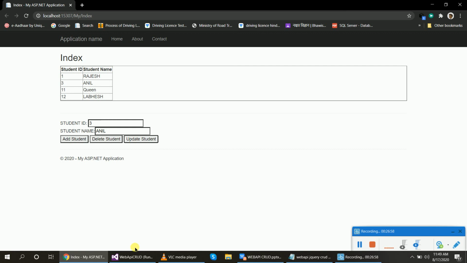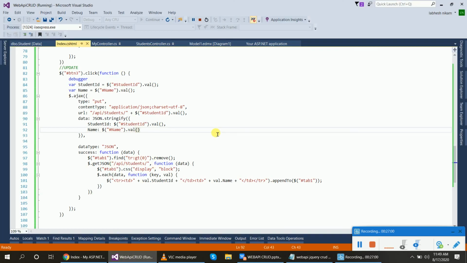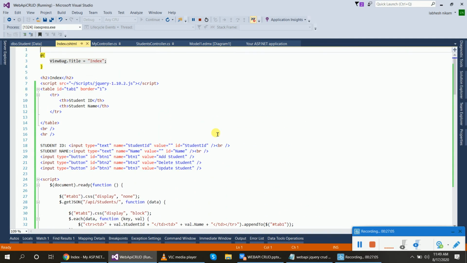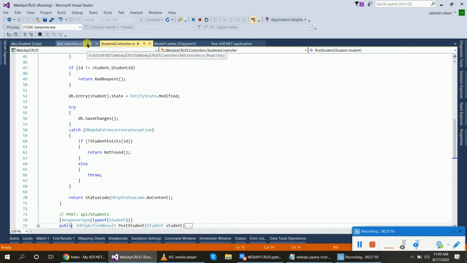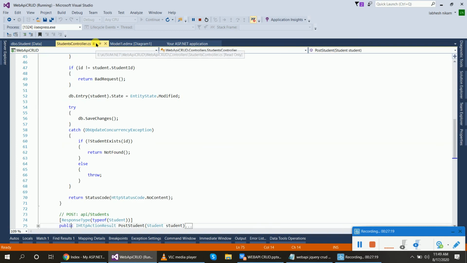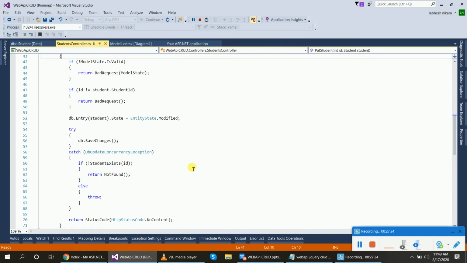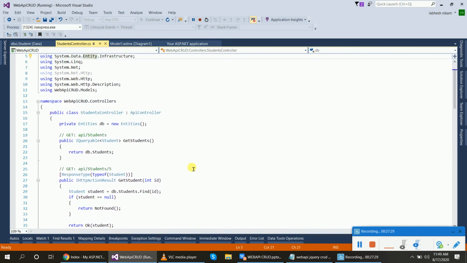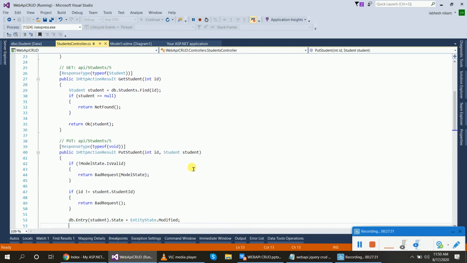So guys, this is our data script file, form, and table inside of the view page. My controller is simply created and there is no need to write any code to update the data or for CRUD operations. We have already created the API controller action, so all the code is automatically created here, and we have no need to write the code.